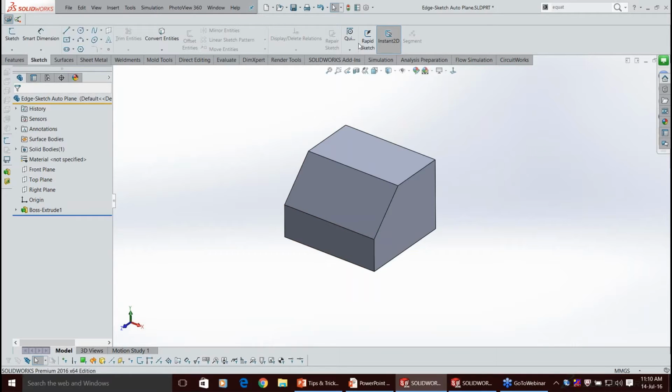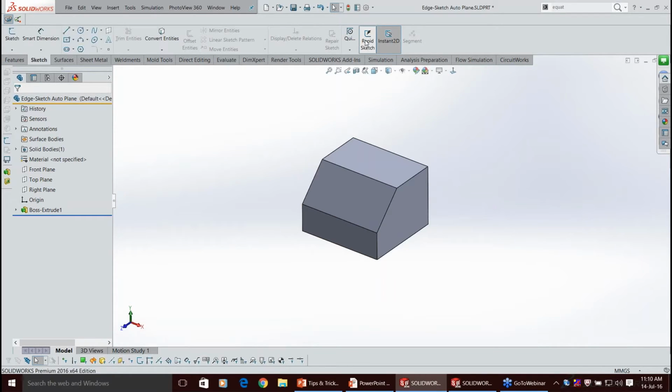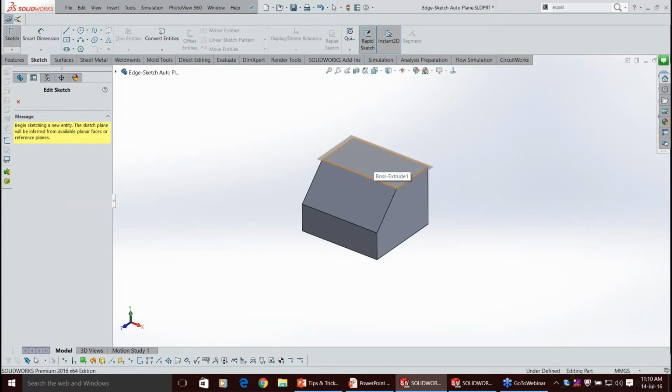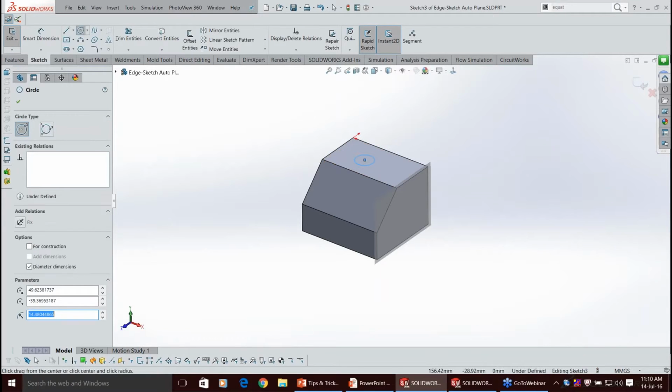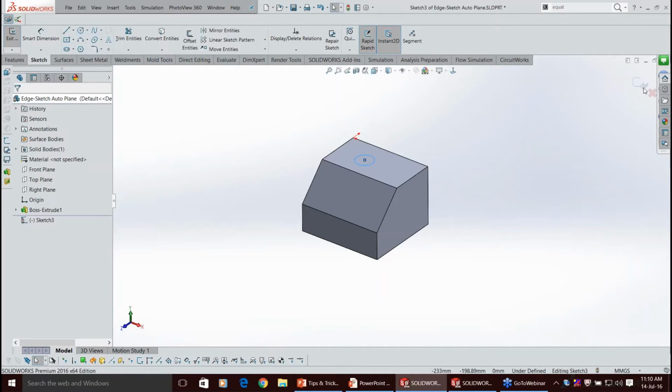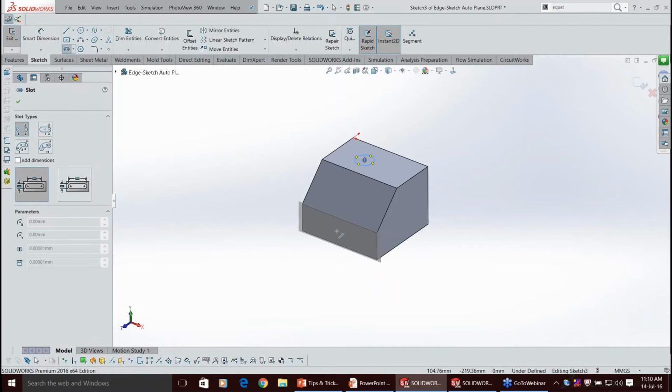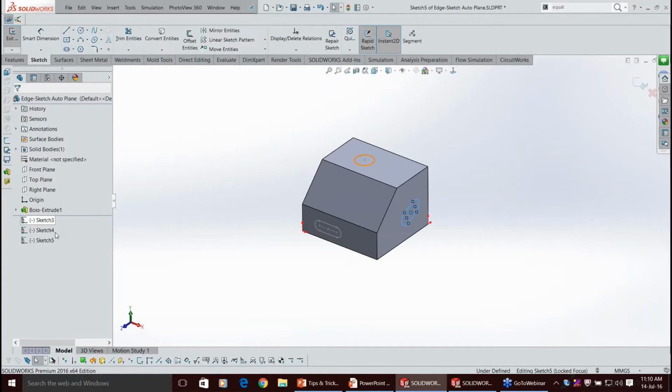See, with rapid sketch on, what I do is I've switched on the rapid sketch. Say I just select a circle. See, I need not even worry. I just start sketching automatically. Once this is done, I need not exit sketch at all. With the same rapid sketch on, if I want, I can draw a slot here. The same thing, if I want some other feature on this face, I quickly draw it here. See, automatically 3 different sketches. It's not a single sketch. We are having 3 different sketches. This is the advantage of having